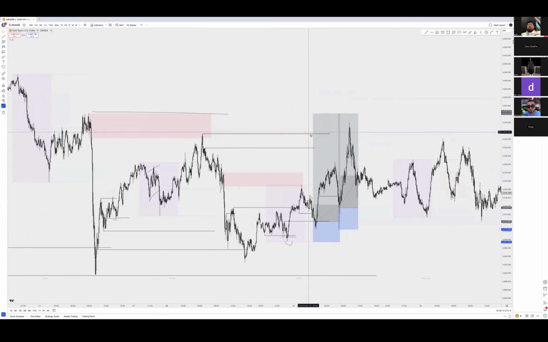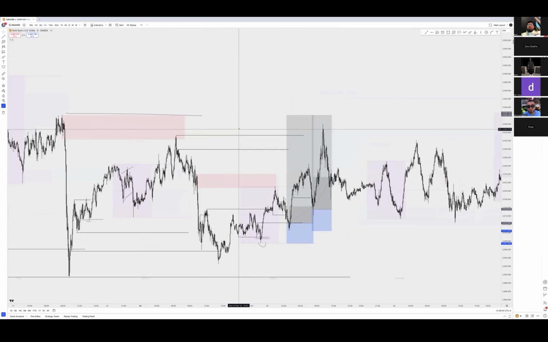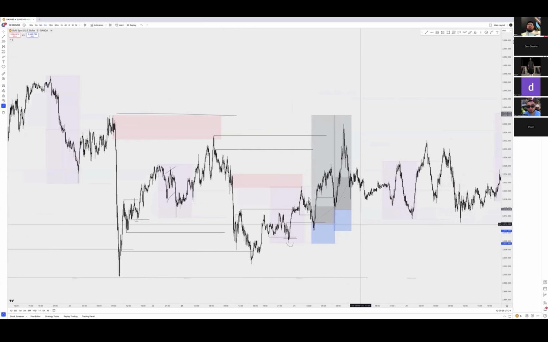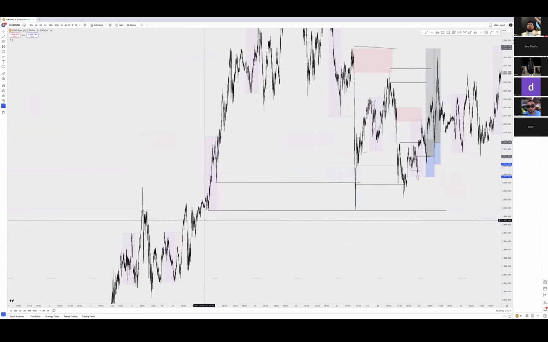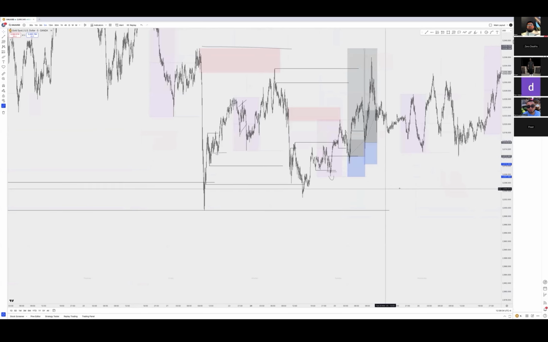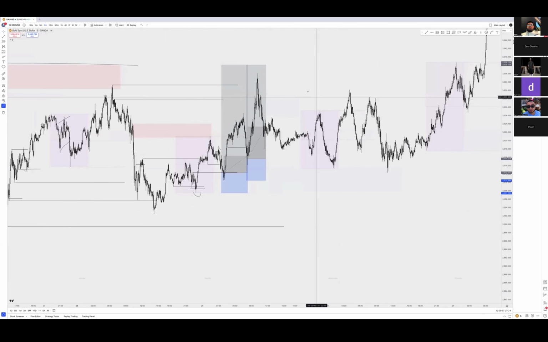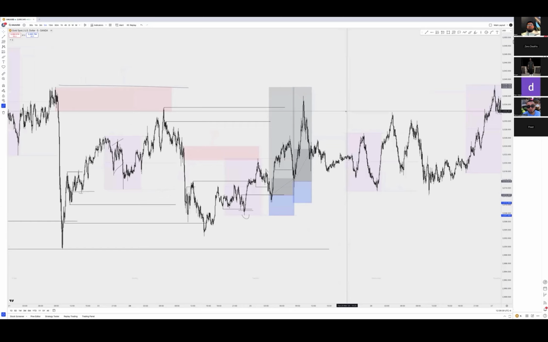So understanding after this high gets taken out right here, right? Couple things, to be honest. This is the previous daily high. So you can see some big reactions from there, possibly even coming lower and taking all this liquidity and then taking out the liquidity down below here as well. Right? So that's why it's important to be taking partials. Because we're here to make money and we're not here to be right all the time. Okay, we don't have to be right. As long as we are securing as much as we can, or extracting as much as we can from the market, that's all that really matters.